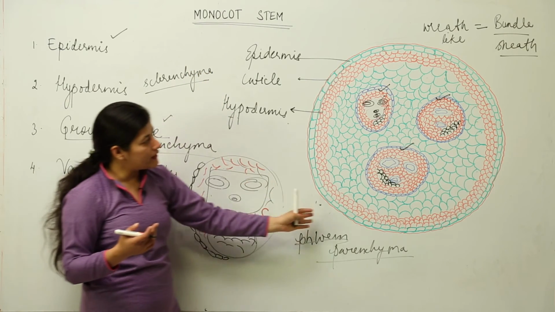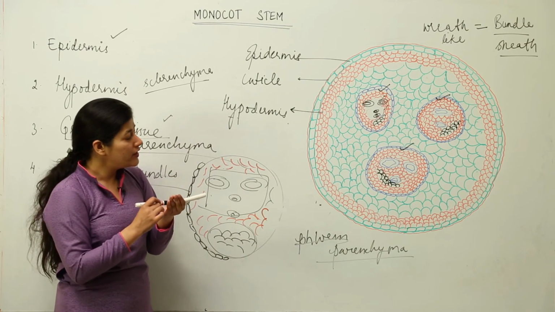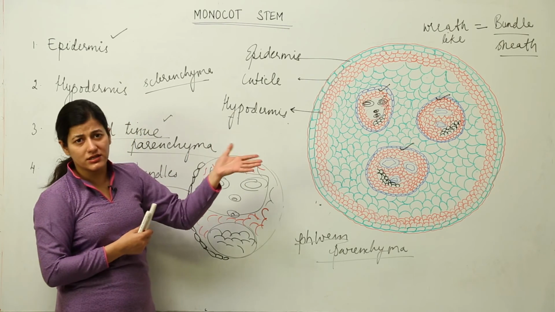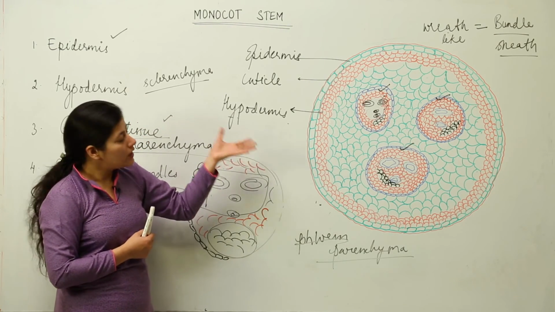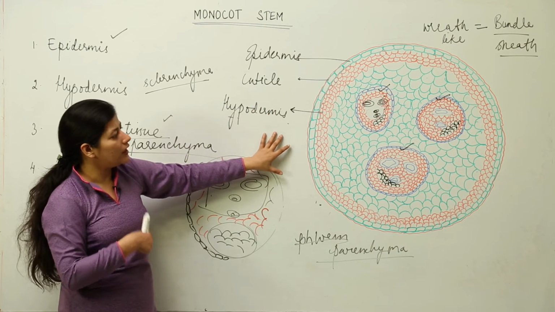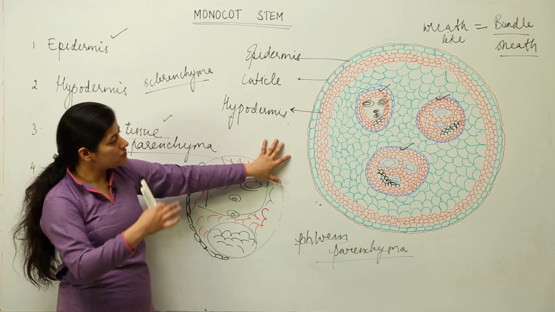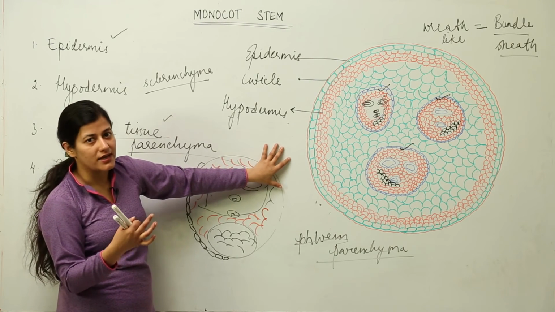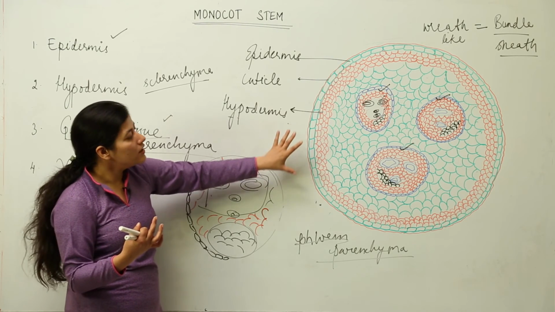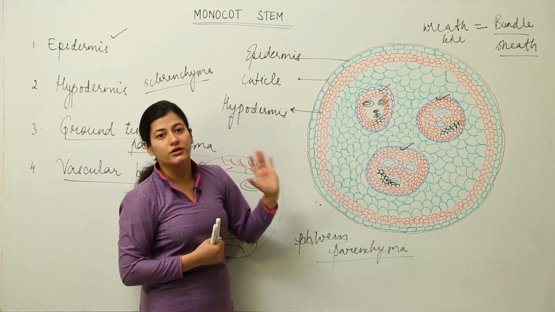Now, take a look at the diagram. This you would find in your books as well. You have seen in the slide representation as well how this diagram looks like in particular. We are going to consider all the factors that we study in the end. Once we are done with all the stem, root and leaf, we are going to see better representations of the diagrams that actually look like under a microscope. This is also one of that, but please take an idea of what points are to be considered and what is to be remembered.